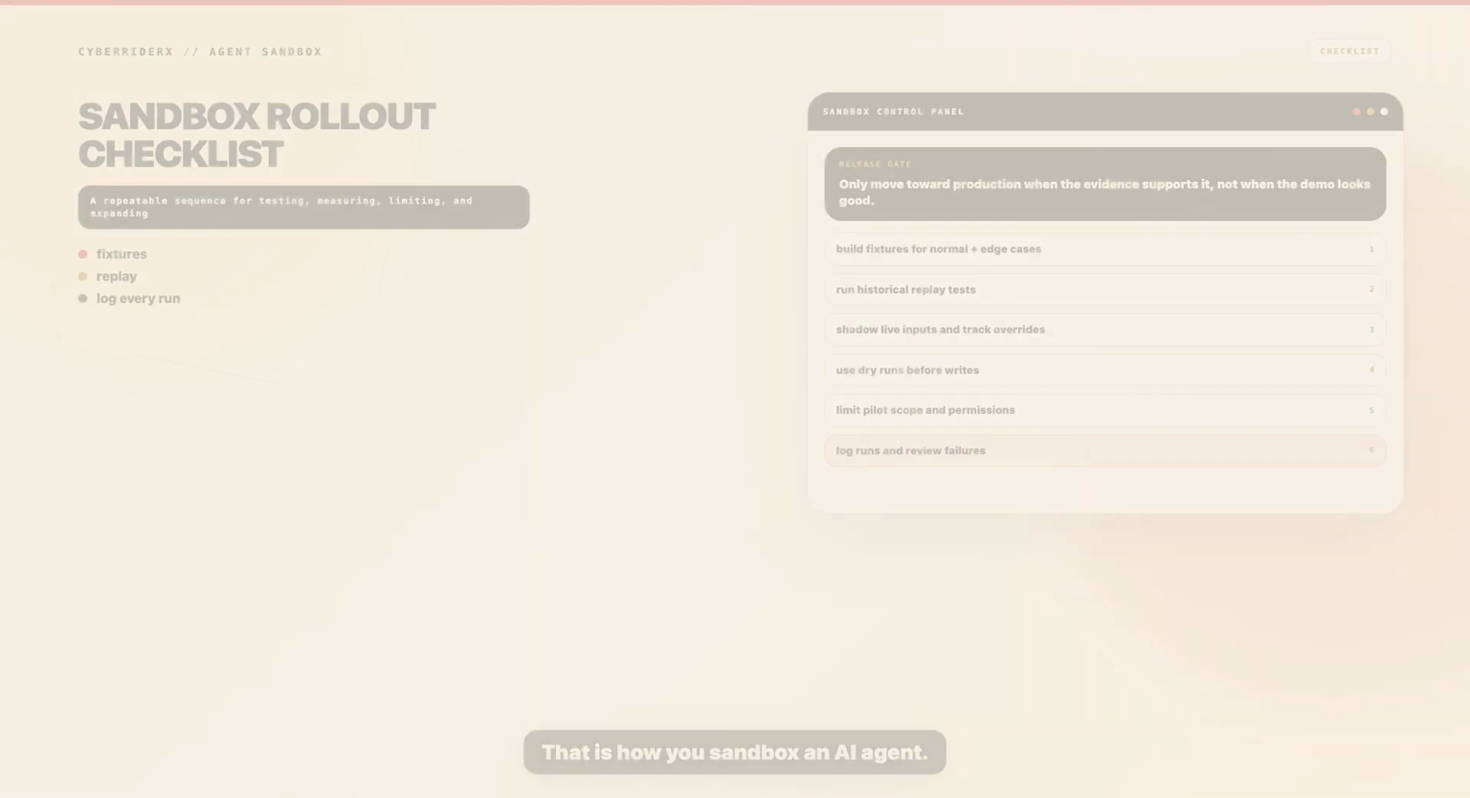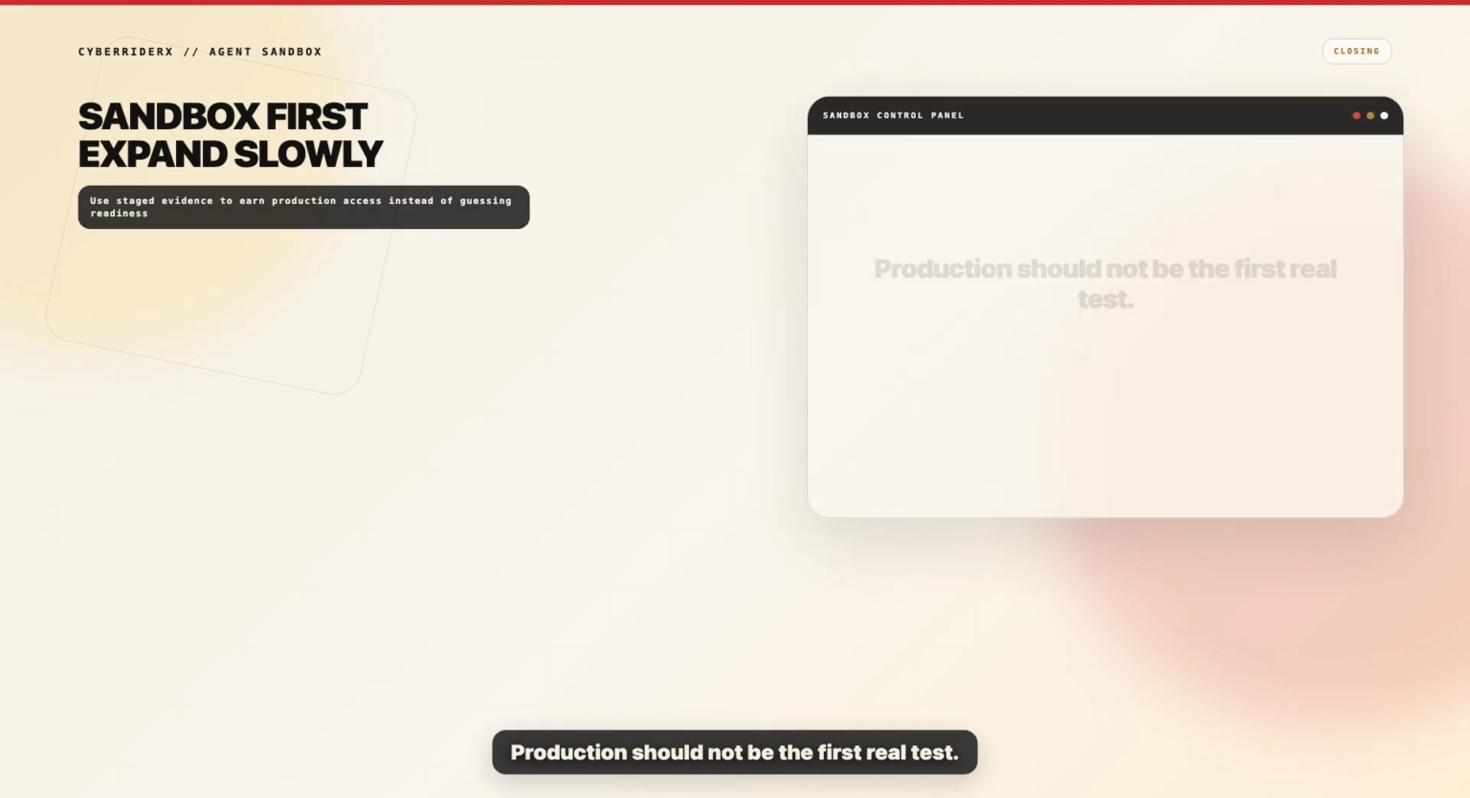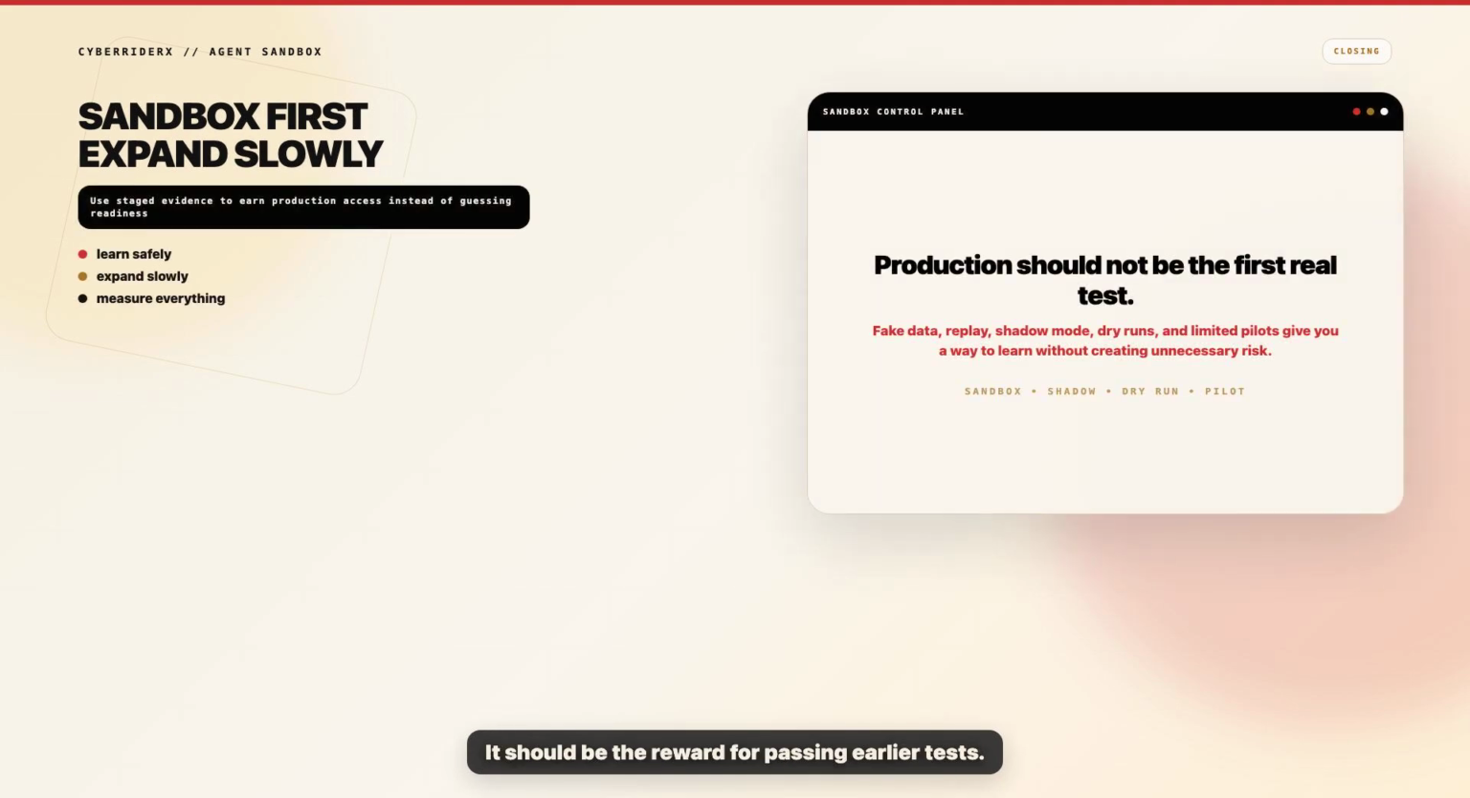That is how you sandbox an AI agent. Production should not be the first real test. It should be the reward for passing earlier tests. Fake data, replay mode, shadow mode, dry runs, limited pilots, then production. That progression gives you a way to learn without creating unnecessary risk, because the goal is not just to build agents that work in a demo. The goal is to build agents that survive contact with real workflows. And the safest way to get there is simple. Sandbox, expand slowly, measure everything,